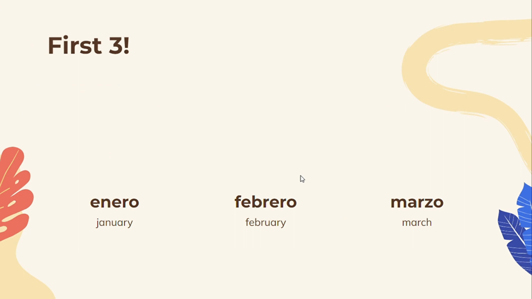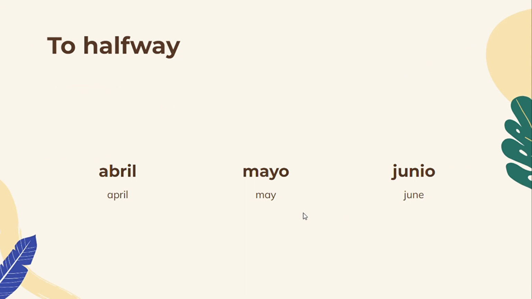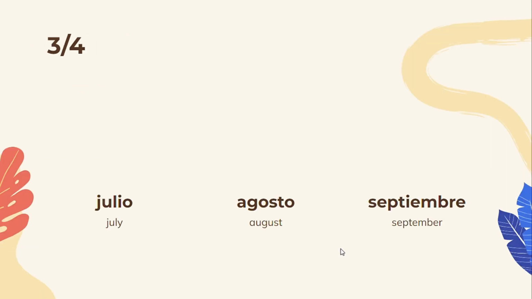Alright, the first 3 months of the year are Enero for January, Febrero for February, and Marzo for March. Abril is April, Mayo is May, Junio is June,